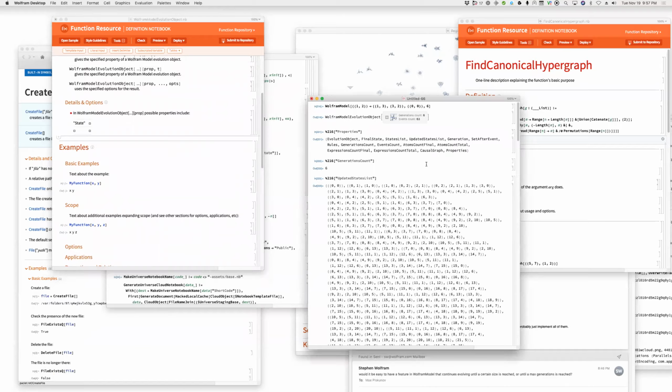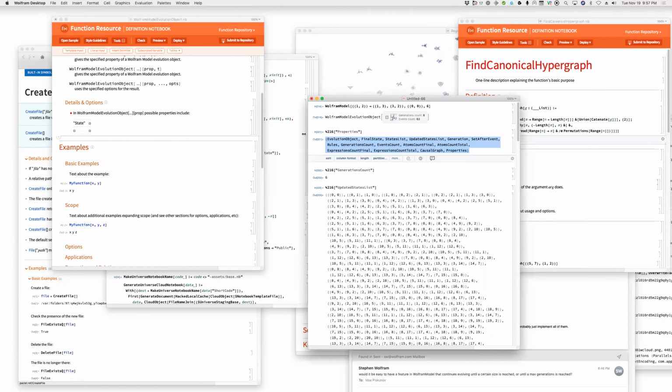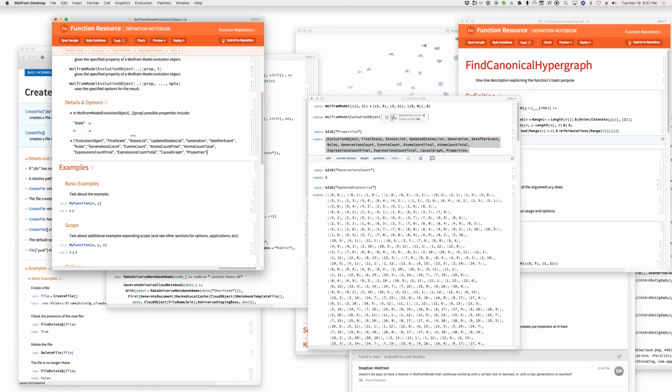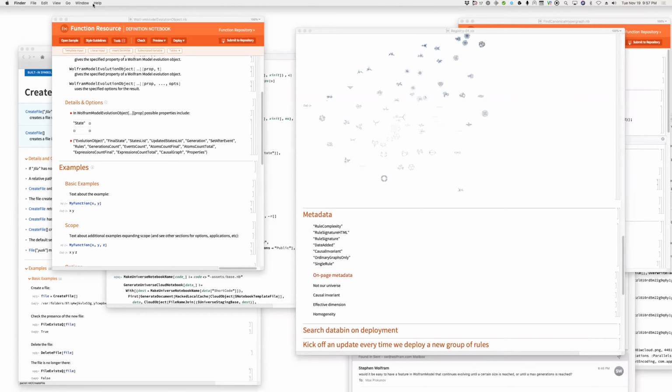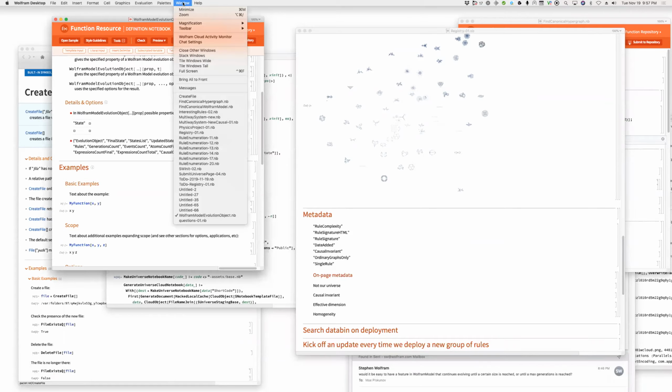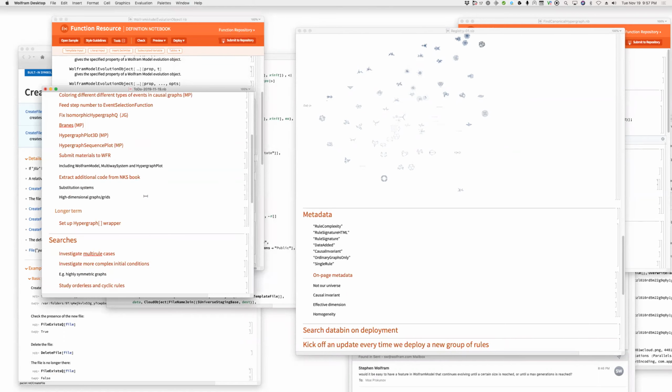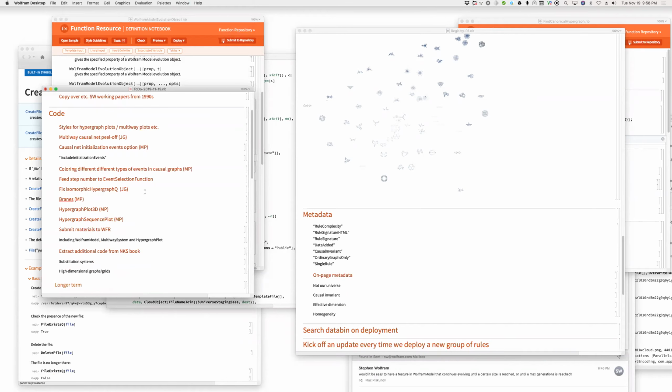So all those properties need to get documented here. Okay, so it's another to-do item. Let's add that to my to-do items. Document